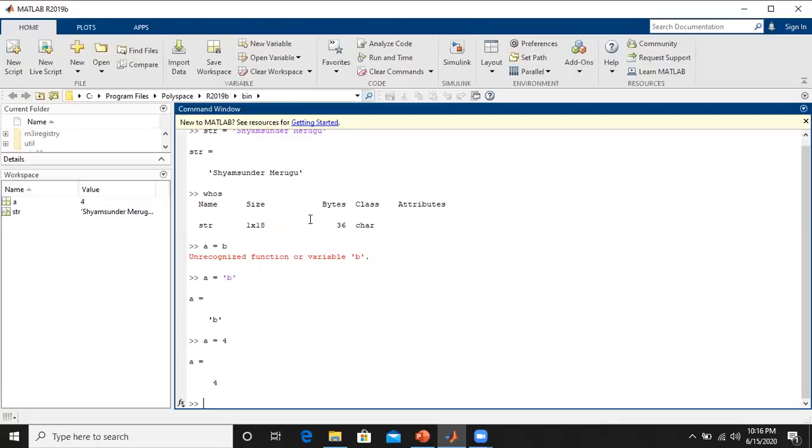Now we can also create a string array. I will take string1 here, and create a string array of 2 by 3.